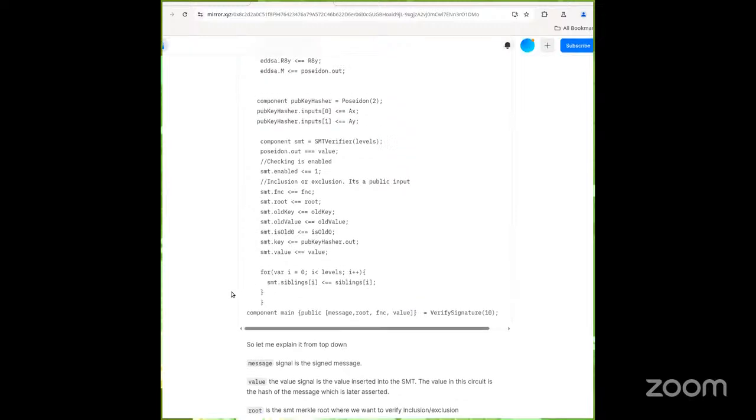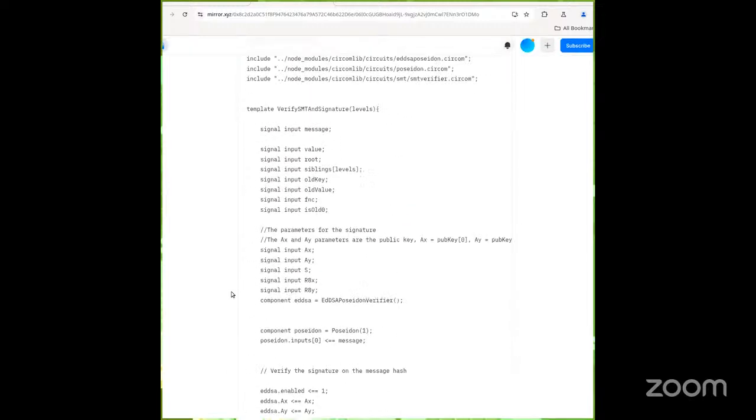Now, a circuit like this will let you create, for example, an identity system where you have a verifier who does KYC off-chain and then saves the verified account's address in the Merkle tree. And then that account can sign a message, and then the message can be verified to be valid, and it can also be verified to be inside the Merkle tree. And so it works as a whitelist for access control, and it can be used for anonymity,